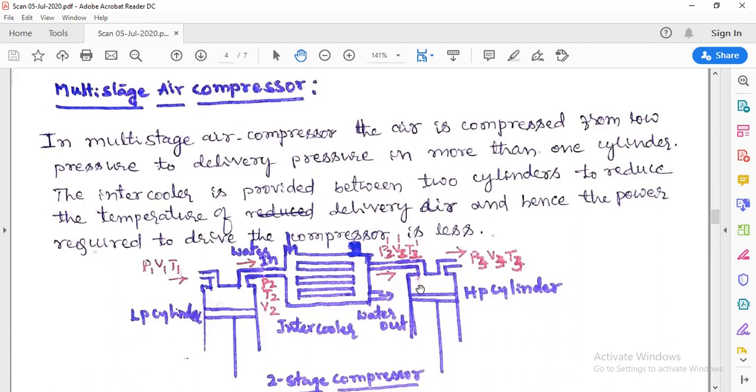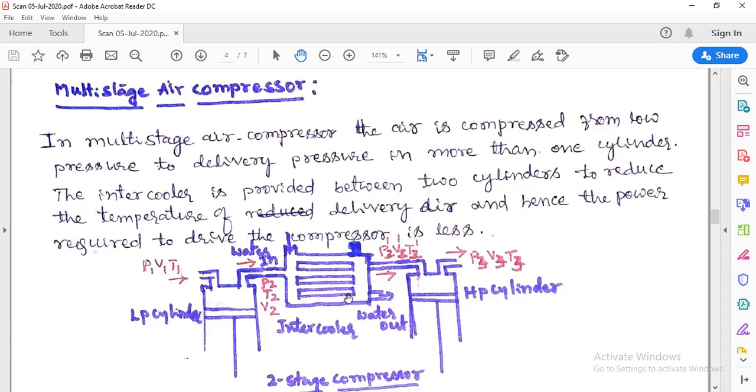So the second cylinder also consumes 5 kilowatts. So in total it is 10 kilowatts. Now I am providing the perfect intercooler between the two cylinders. In the first cylinder, the air pressure is increased from 1 bar to 6 bar, so the power consumed is 5 kilowatt. Then at 6 bar, the air enters the intercooler